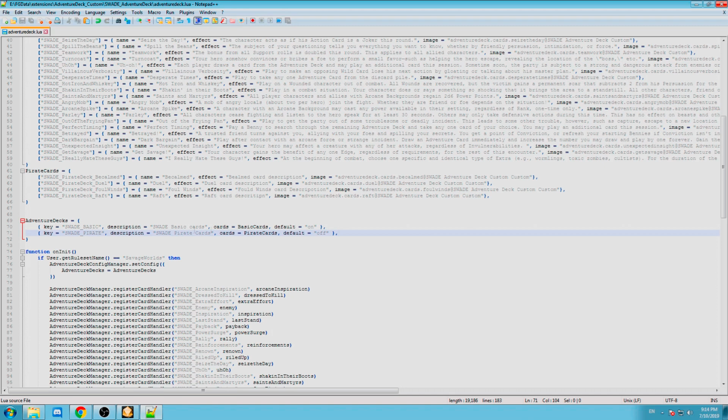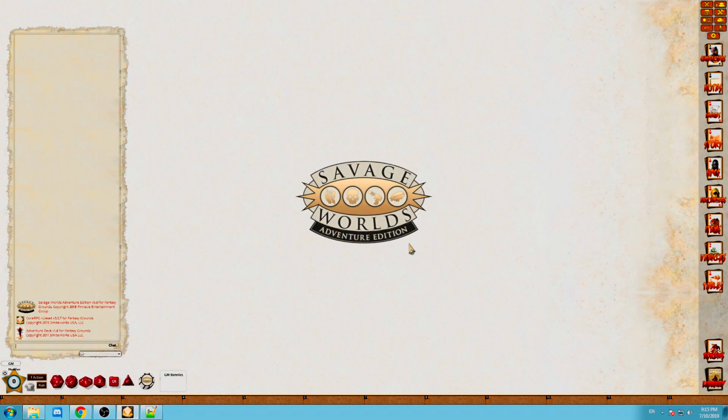So yes, in this file, when you're creating an entry for your new deck, don't forget to put a comma behind the first one and the second one. This tells the program that this one ends with the comma and this one now starts. Otherwise, it goes a little bit crazy. So okay, in Fantasy Grounds,